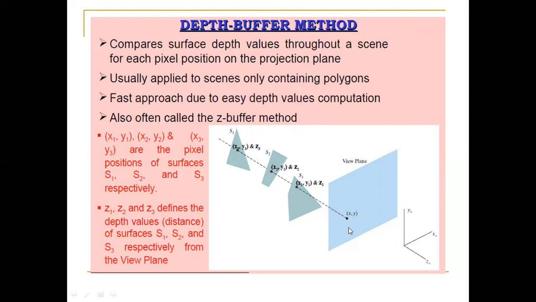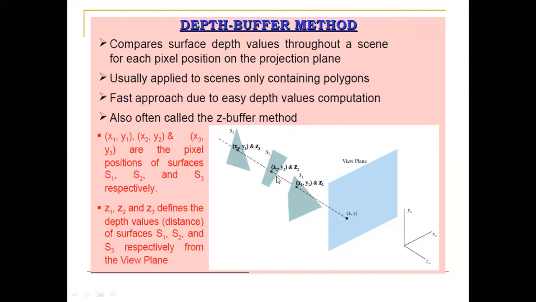So if I have a view plane and this is my scene, I will be comparing the pixel position of each pixel point on the scene with respect to the view plane. If the distance is less between the view plane pixel point and the point on the surface, then that means this is a visible surface. As you can see here, the Z axis distance will be less if I take the view plane point and the first surface point, which is x1, y1 and z1, because it is very close. So if any surface of the object is close to the view plane, it can be considered as the visible surface.